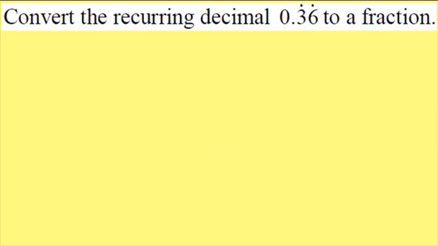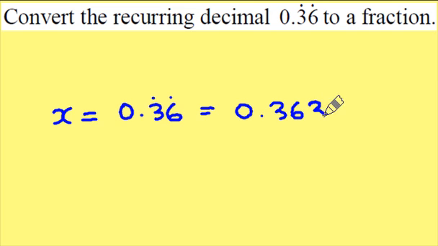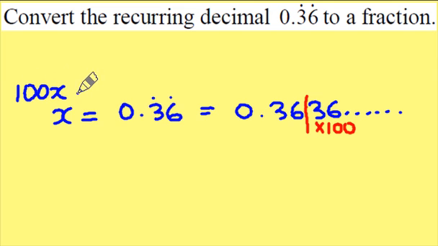Convert the recurring decimal 0.36 to a fraction. Once again, the layout is exactly the same as before, so it's 0.36 where the 36 is recurring. In its long expanded form, looks something like this, where the 36 goes on forever. Going to move the decimal to the next recurring point, which is after the 6. The only way I'll do that is if I times all the numbers by 100, producing 100 x's equals 36.36 recurring, which is